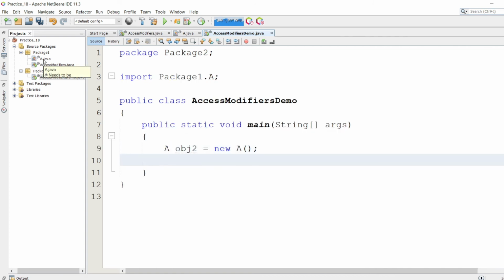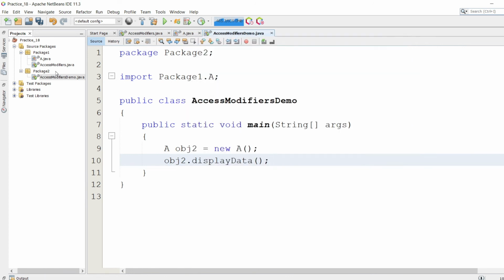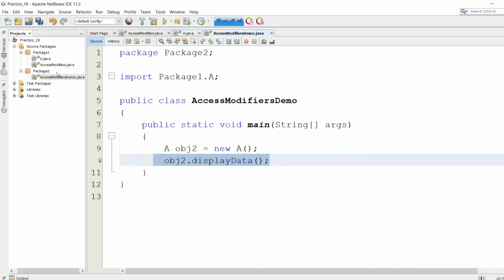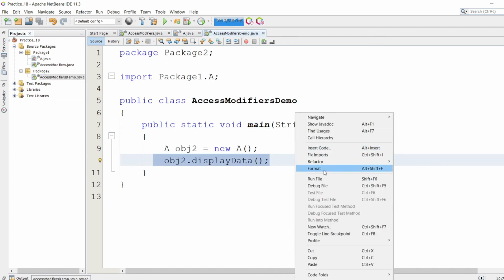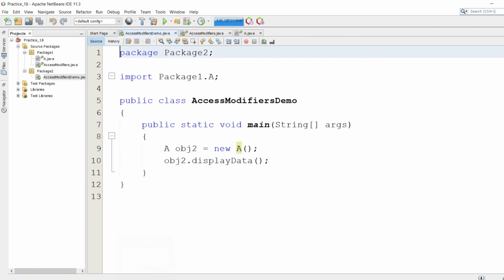Now using obj2, we are accessing the method defined in class A of package1, that is displayData. As you can see, we can easily access this class A method displayData from outside of the package. This is because we have defined class A as public here, so it can be accessed from outside of the package as well. It's showing data equals 20.